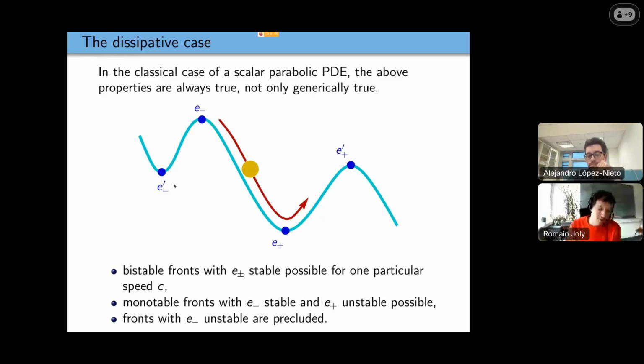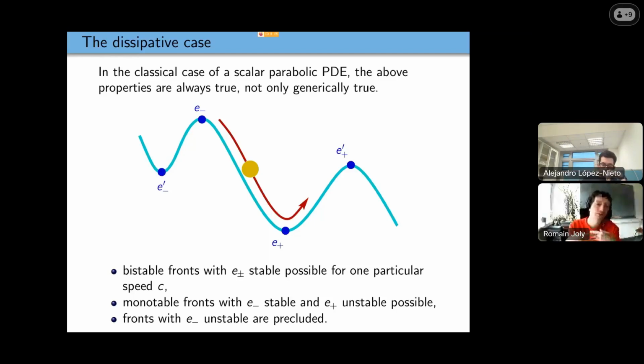But in the non-scalar case, the vectorial case, it is possible, because of course what you add is a transverse direction like this. In this transverse direction, it may go downhill. In this case, you can start from there, and the ball may roll and attain another equilibrium like this. So this is why this kind of particular monostable front, like the reverse monostable front, is not possible in the scalar case, but is possible in the vectorial case. In systems, they are possible.